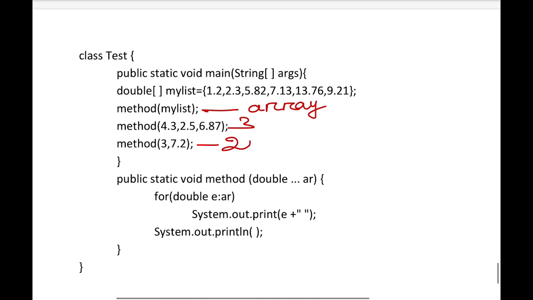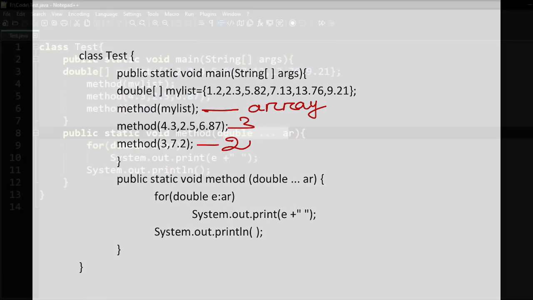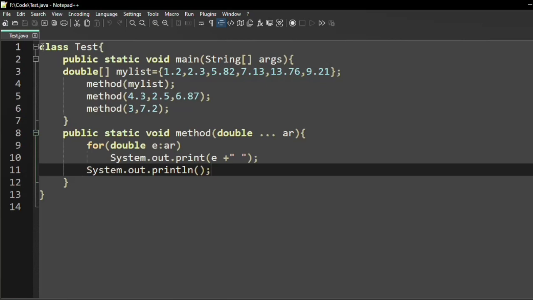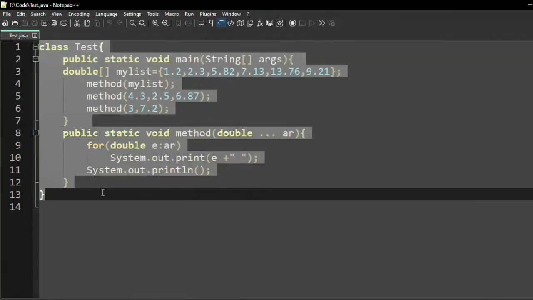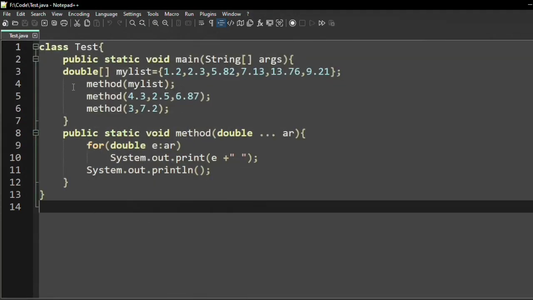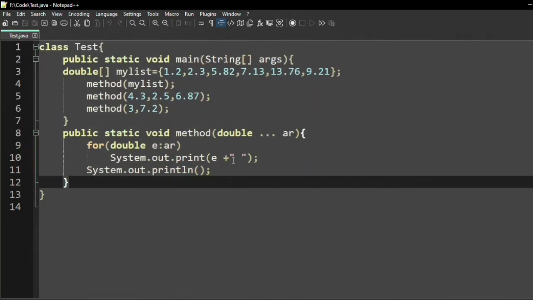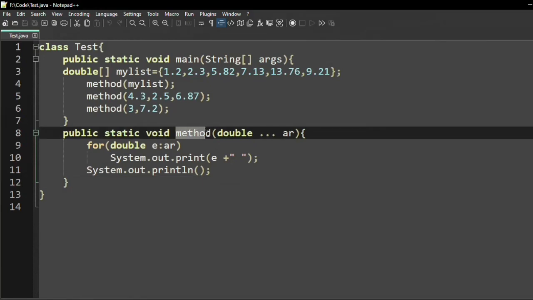And this is a simple example. So here you can see the implementation of variable length argument list. I have written the program that we have just discussed, and here this method is receiving multiple or variable length parameters.